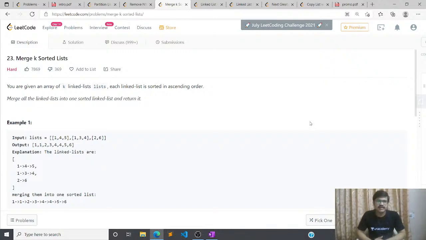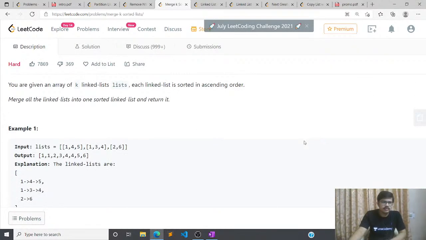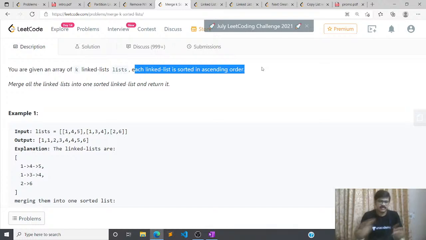So we are given k linked lists which are sorted individually. I will just increase the font maybe. So we are given an array of k linked lists. Each linked list is sorted in ascending order. We have to merge all the linked lists into one sorted linked list and return that list. So basically what you have to do is,